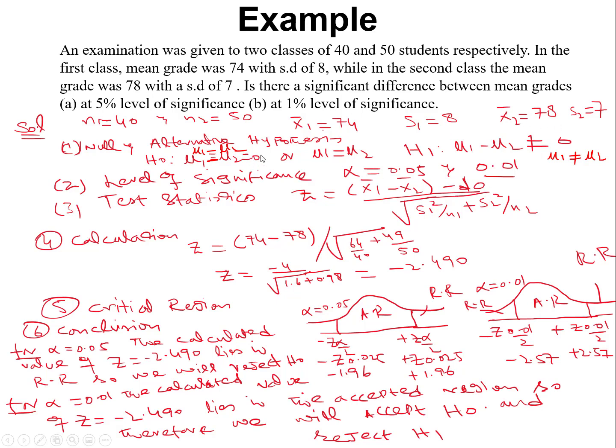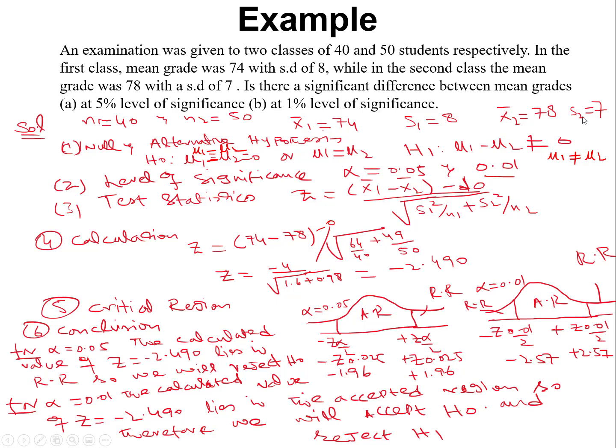We are already clear that the difference between mu1 and mu2 is equal to 0, so we just put minus 0. If you write it or not, it doesn't matter. Divided by s1 square. So what is s1 square? They already gave you a standard deviation of 8. In the formula this is squared, so 8 into 8 will be 64, divided by n1, and your n1 is 40, plus s2 square.